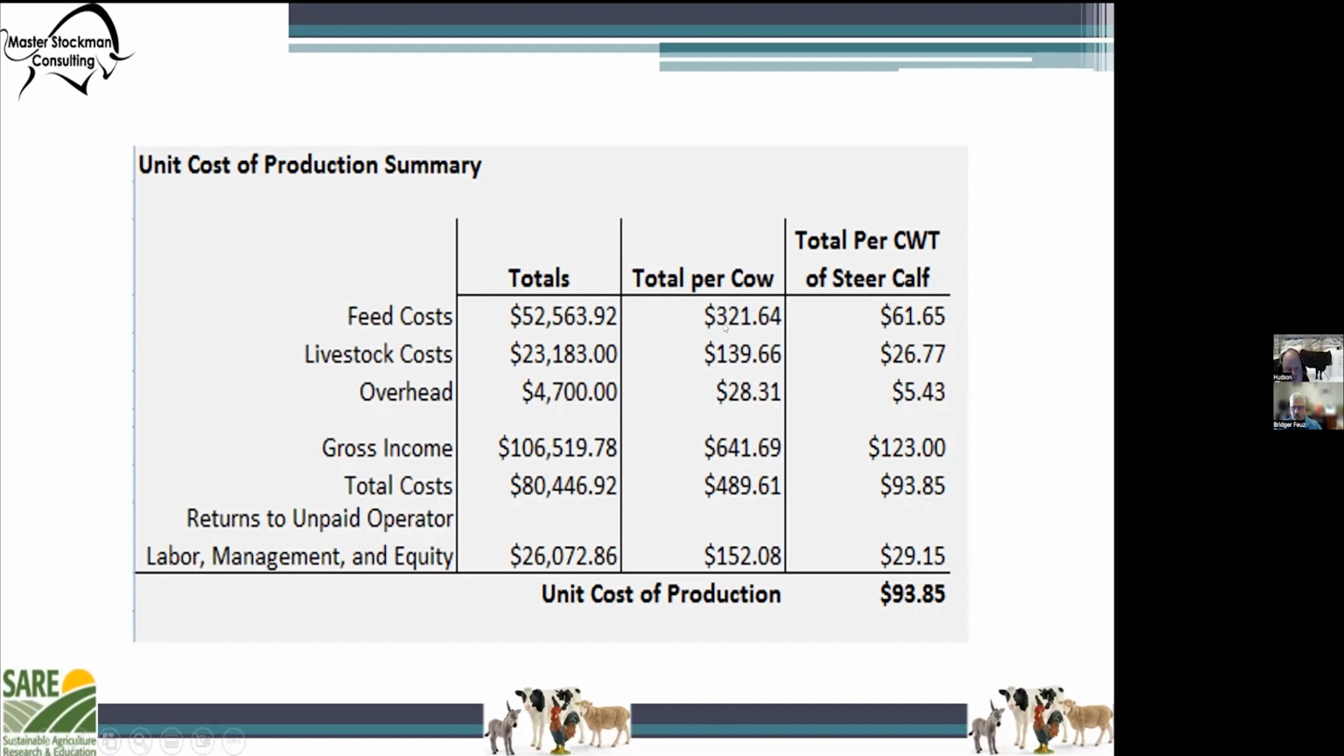And we can do some more math and keep moving to the right here. We can come up with a total per cow. So if our total per cow is $321 of feed costs, we're putting $61 into every steer calf that we had to sell. We're putting livestock costs $26, $5 worth of overhead, $123 for gross income, minus our total costs. We're making $29